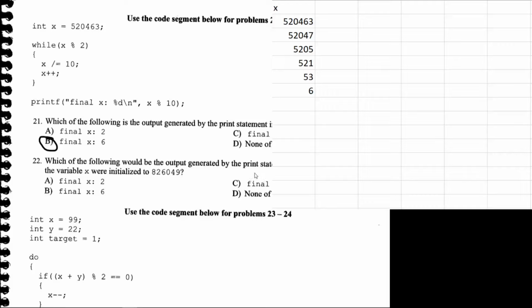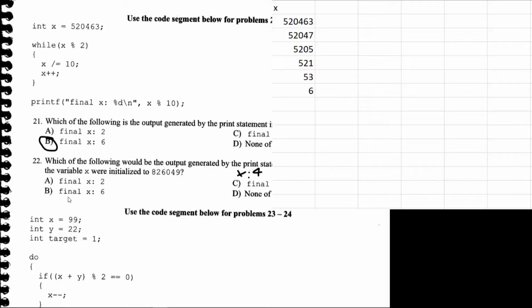So let's just say final x is 4 here, just to remind you. And then D is none of the above. We have, which of the following would be the output generated by the print statement in the code segment above if the variable x were initialized to